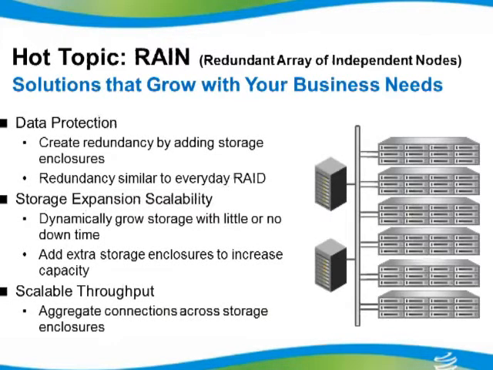The next topic I'd like to talk about is RAIN technology. A lot of us currently have been doing redundant arrays of independent disks, or RAID technology, within our servers, and that's the ability to have multiple hard drives within the server act as a single storage and provide a little bit of high availability within our environment. So we're no longer afraid that if any one of the hard drives fails, our server goes down; it stays up and running. This technology has been moved over to shared storage technologies, and we call it RAIN technology, or redundant array of independent nodes.